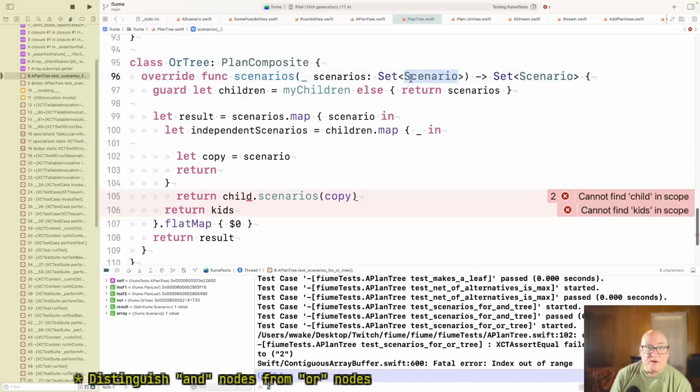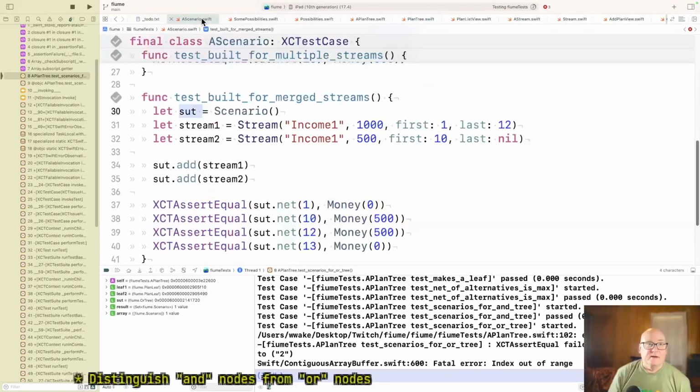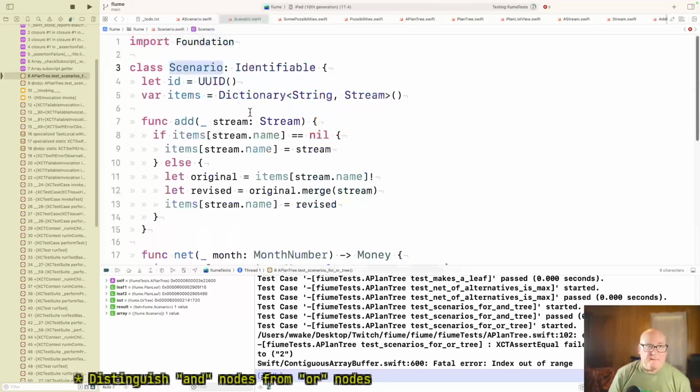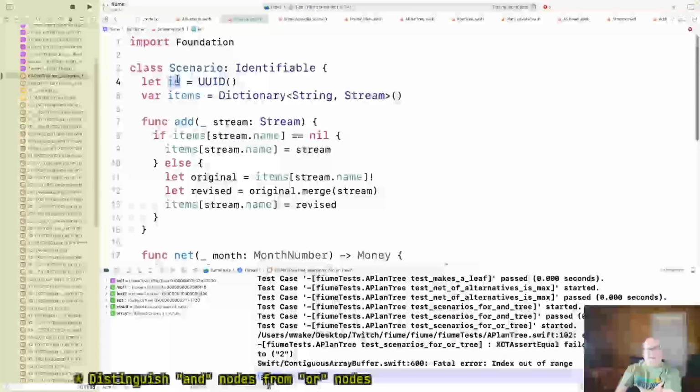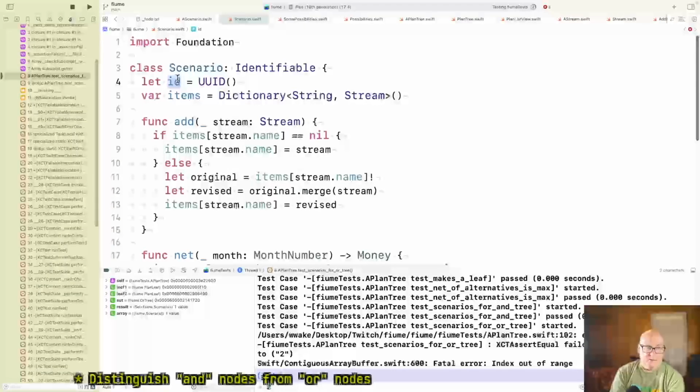So the individual items are scenarios. All right, let's go look at scenario. Yeah, his dictionary needs to be copied. Okay, I think what we need then is a second constructor that says, given this scenario, I'm going to build you a copy. And basically, I'm going to take items and make a copy of that and use that.